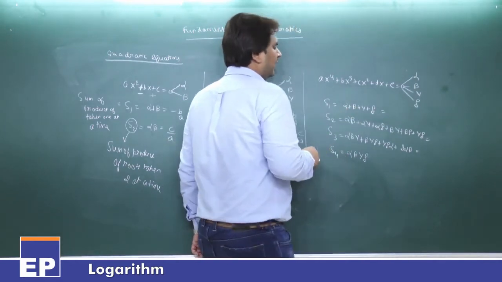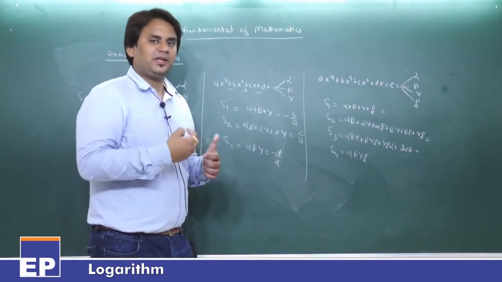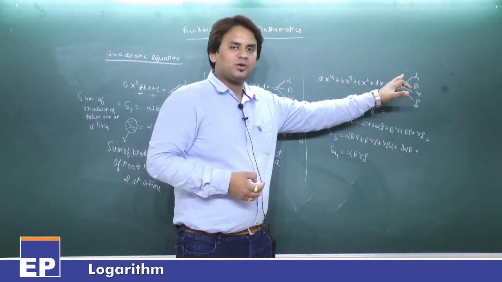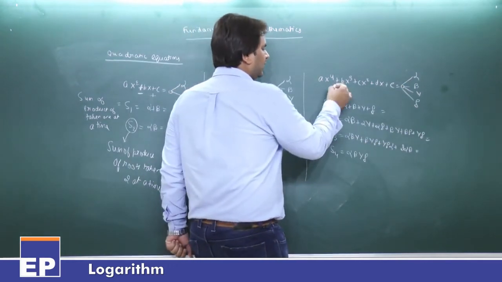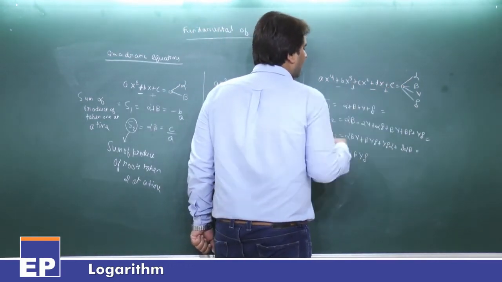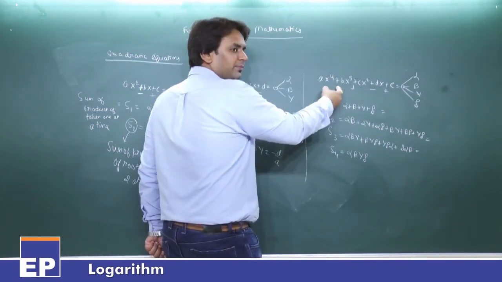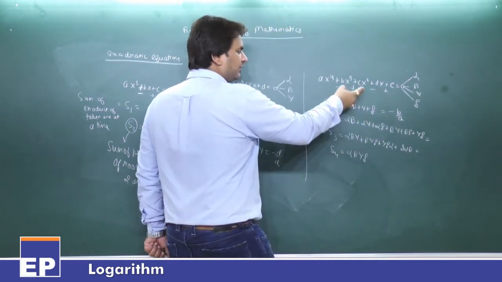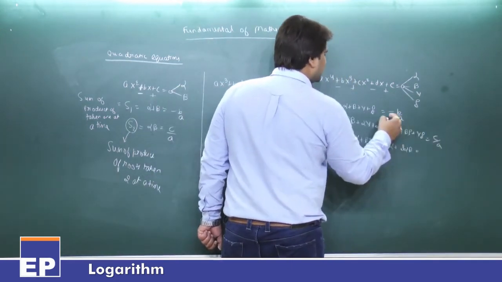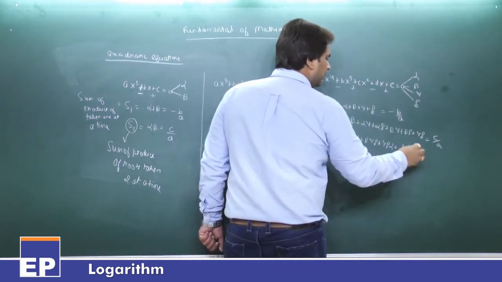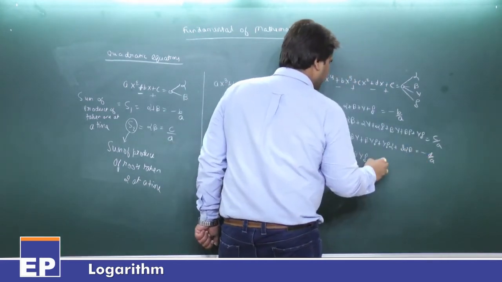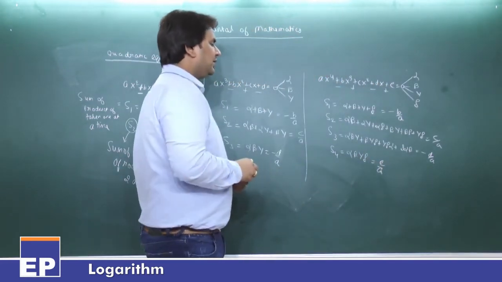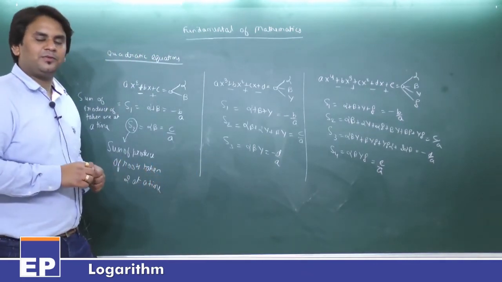What is the sum of the roots? I have told you earlier that first of all, arrange the equation in decreasing order of degree: 4, 3, 2, 1 and the constant term. The second term will be assigned a negative sign, then plus, then minus, then plus. Plus minus is minus. It will become minus b by a. Plus plus is plus. It will become c by a. Next one is plus minus, which is minus. It will become minus d by a. And next one is plus plus, which is plus. It will become e by a. So this is the format of how to calculate the sum of the product of the roots.